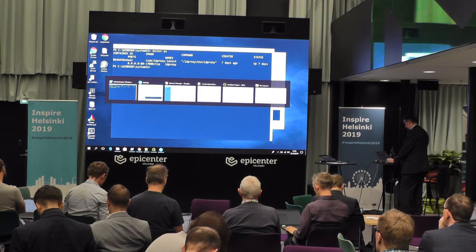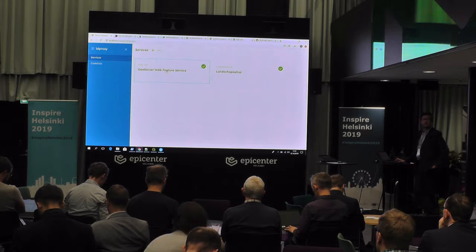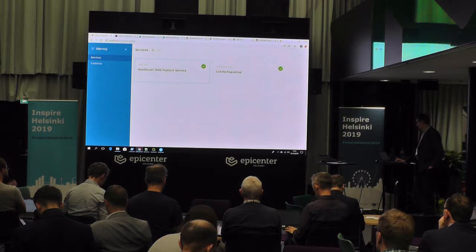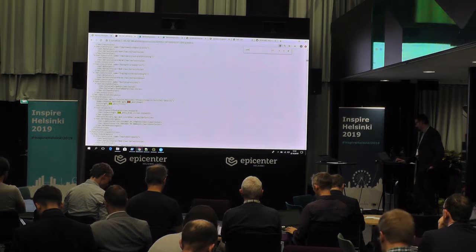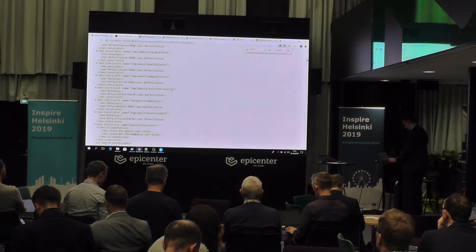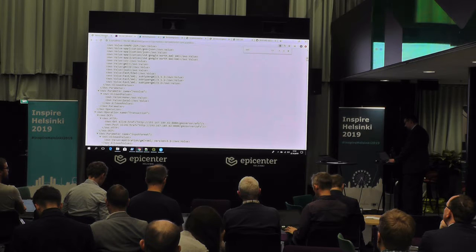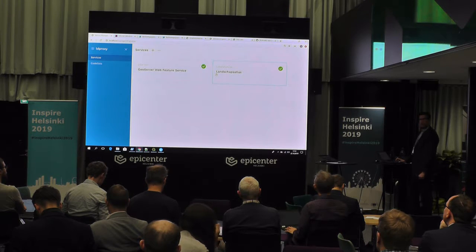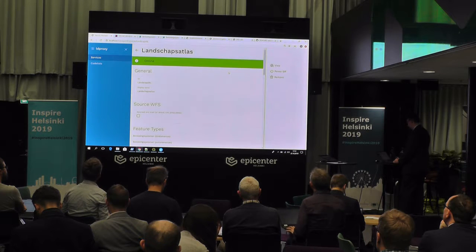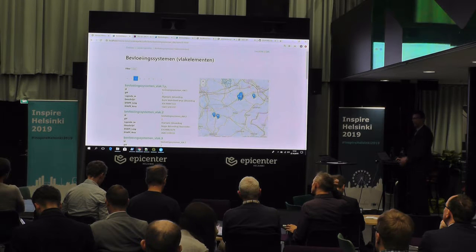And I've set up 2 different services as well. One from OpenStreetMap POI data, which is actually my GeoServer instance, that is not local, it's remote as well, but to have some OpenStreetMap POI data available. And then I also have a landscape atlas available, and what we already saw, we can look around at different features and browse it through